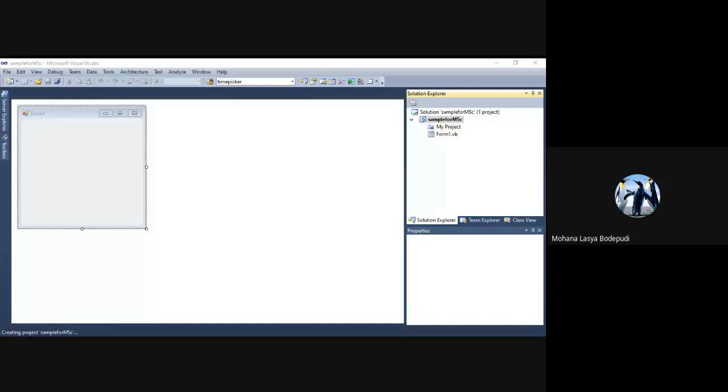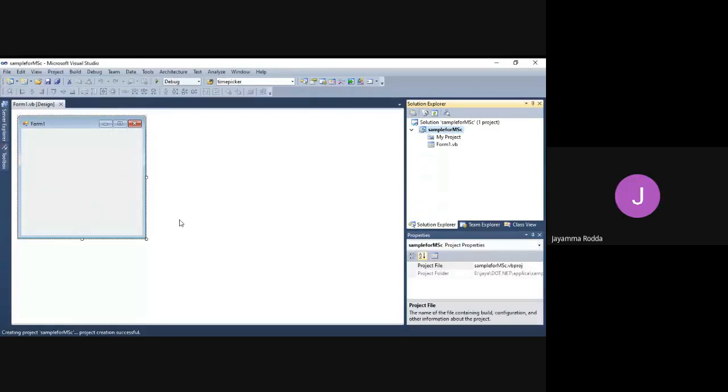Madam, last year you're trying to say something. Madam, you cannot see the display. Okay, thank you. Can you see now, Lasya? Yes ma'am. Lasya, can you see the display now?